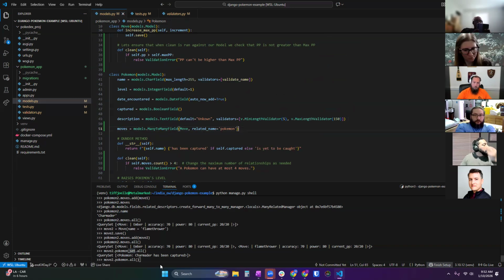In this case, it's only moves, right? But can I also do that and capture description? So you could if you had a many-to-many relationship going on with those. Okay. But you wouldn't have that for those fields, really.